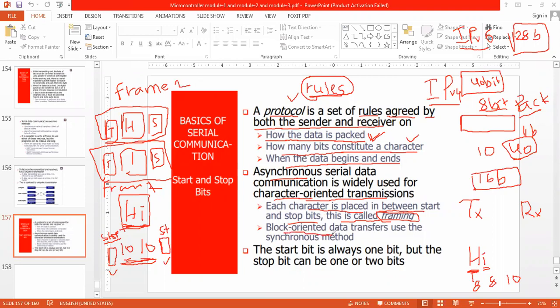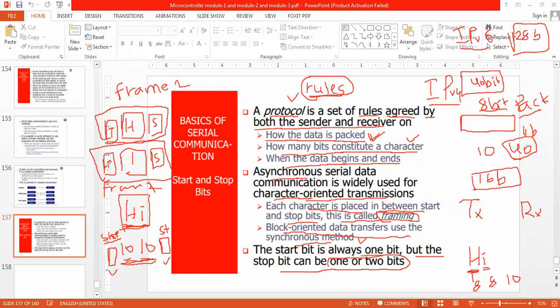Block oriented data transfer uses the synchronous method. So the asynchronous method uses start and stop bits, whereas block oriented data transfer uses a synchronous method. The start bit is always 1 bit, but the stop bit can be 1 or 2 bits.